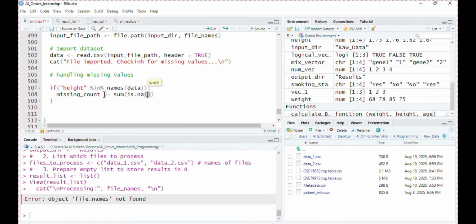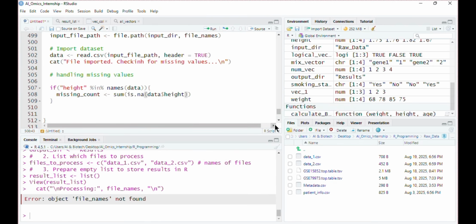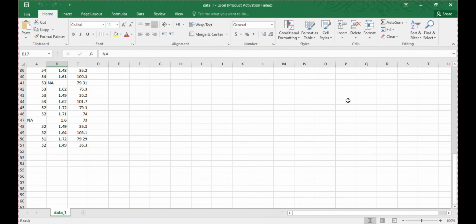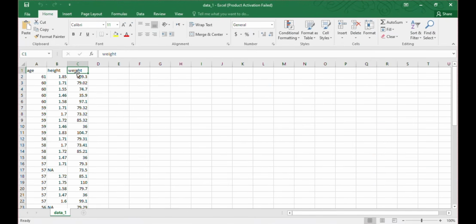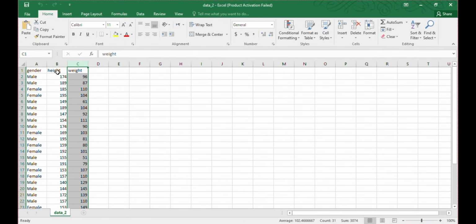Make sure of one thing: we are working with two data sets, so both column names must be the same. Like this height and weight column, in data 1 we have height and weight columns in lowercase. Let's check in data 2. We also have height and weight columns in lowercase.